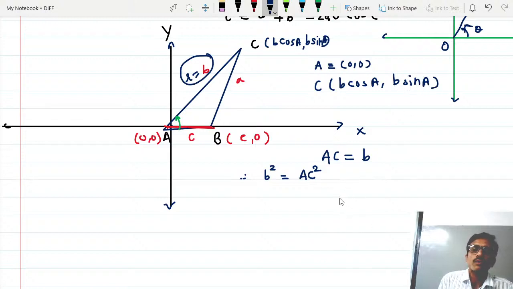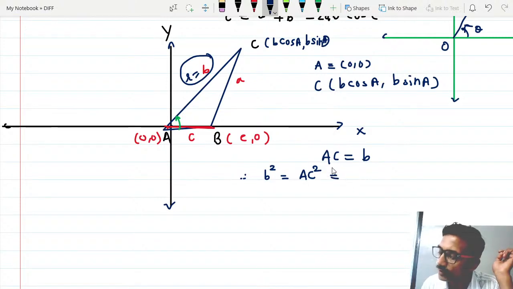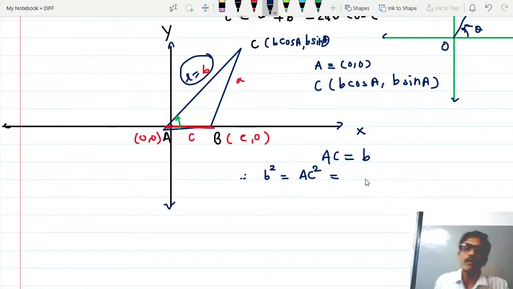So by distance formula, (x1 minus x2) square plus (y1 minus y2) square, we apply this formula here. So (B cos A minus 0) whole square